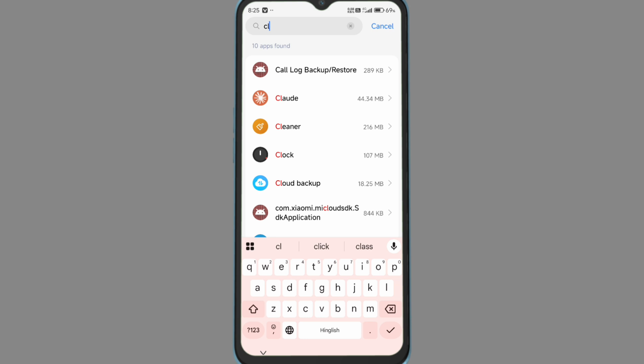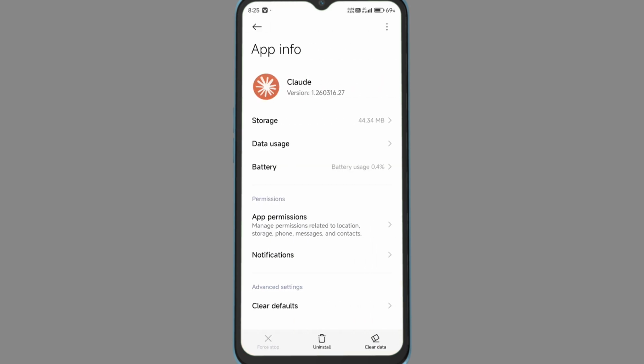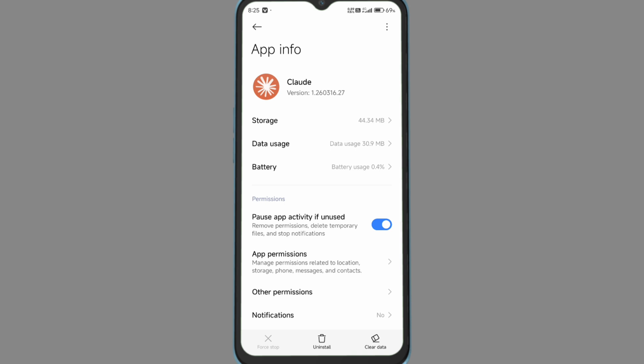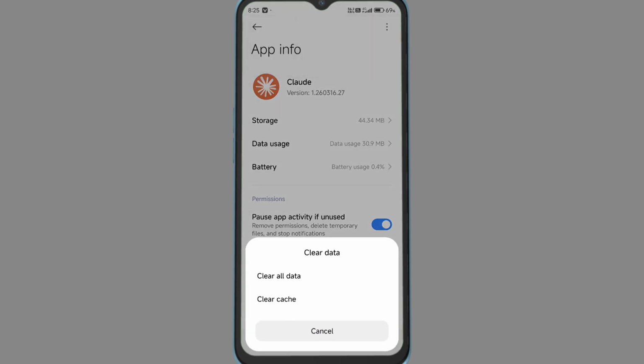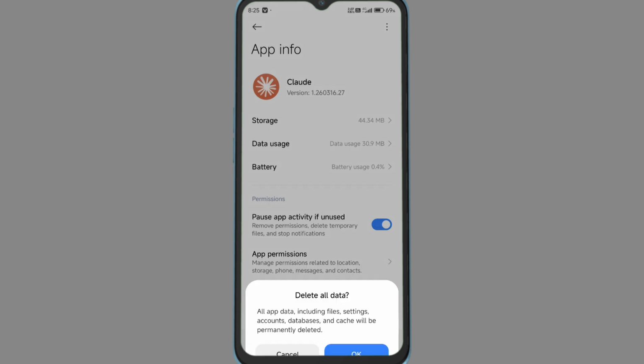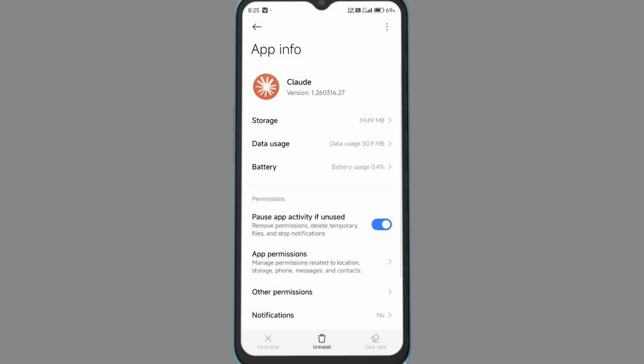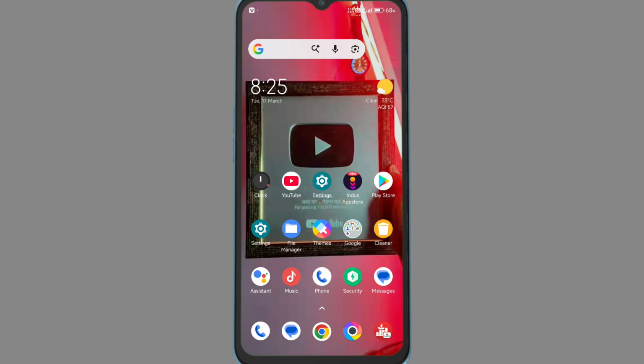So guys, tap Cloudy AI, then tap the Clear data option. Now tap Clear all data, click OK, then go back and open your